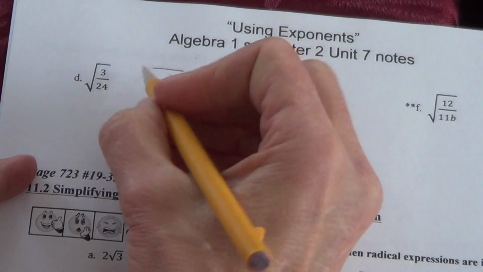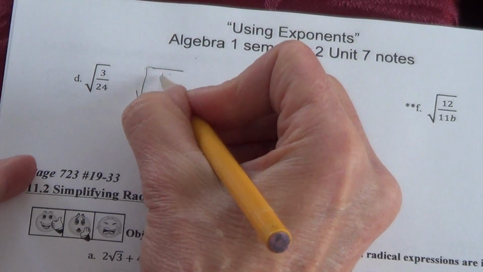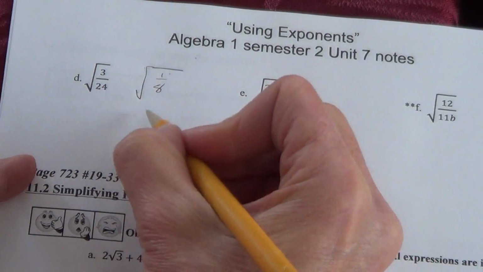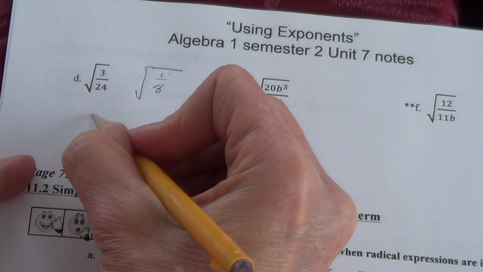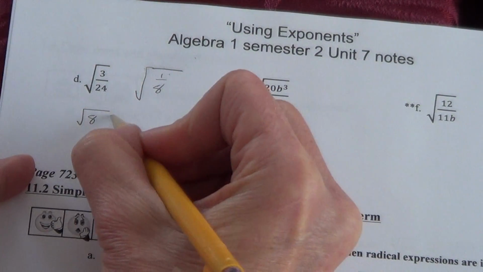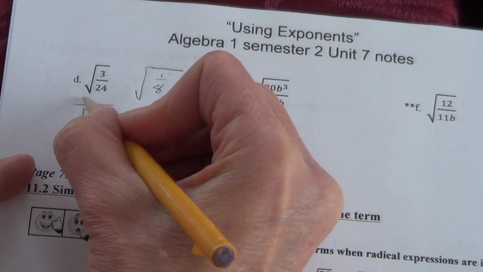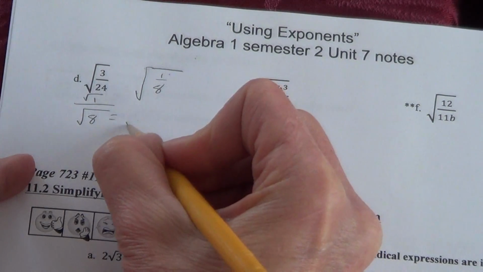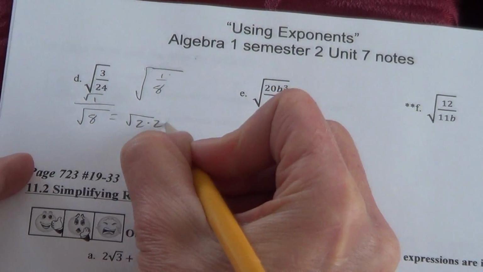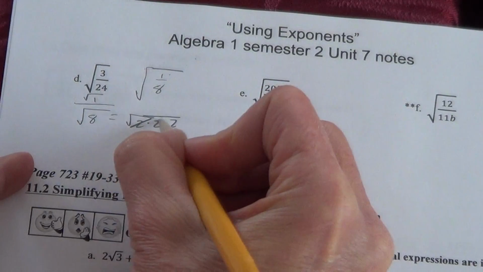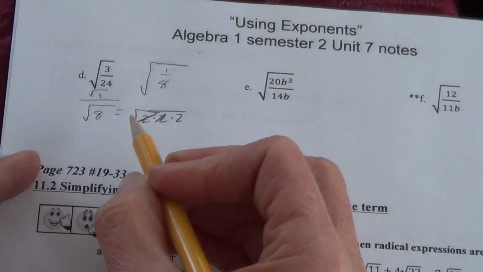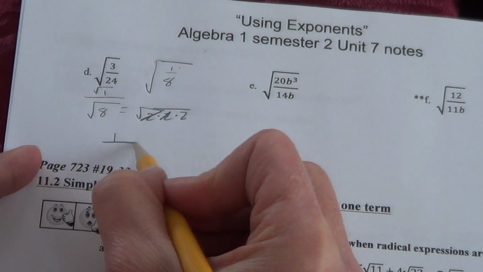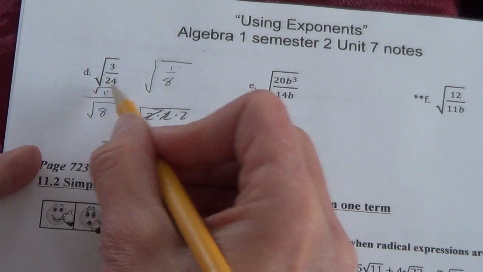So I would reduce that to 1 over 8. Then I'd break 8 down to being radical 2 times 2 times 2. 2 of those 2's come out, so I would have 1 over, because radical 1 is 1,